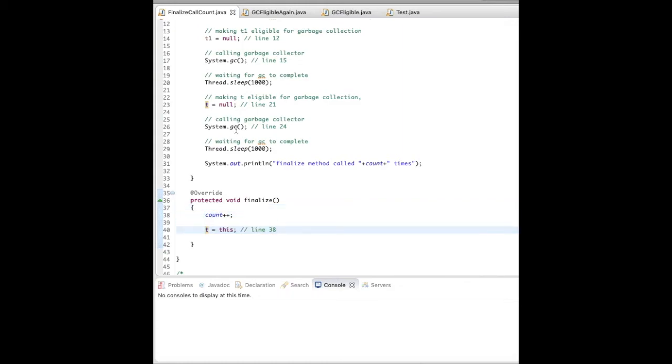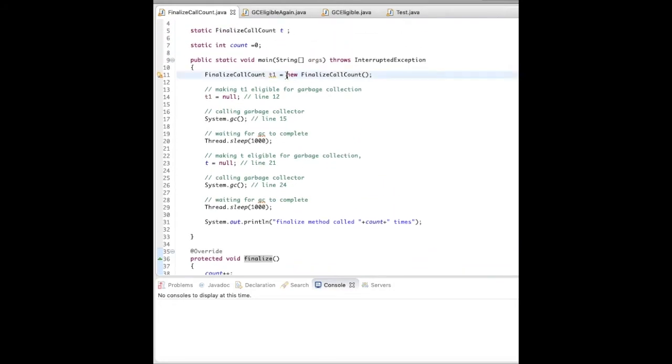But here is the catch: if you have called the finalize method for an object, and garbage collection happens again for that object, then the finalize method will not be called. So what that means is, for this object, when I made t1 null, the finalize method was called already.